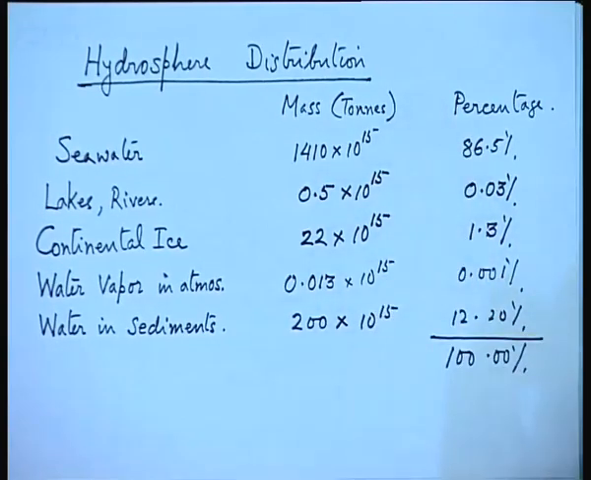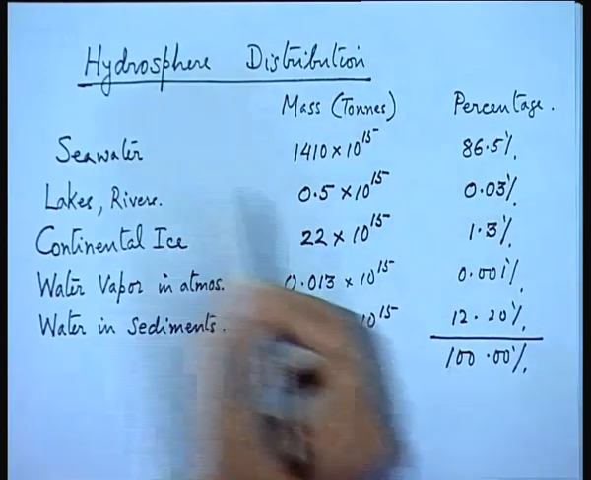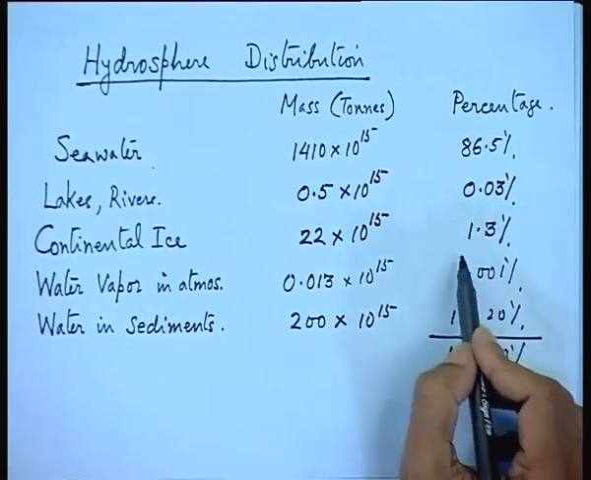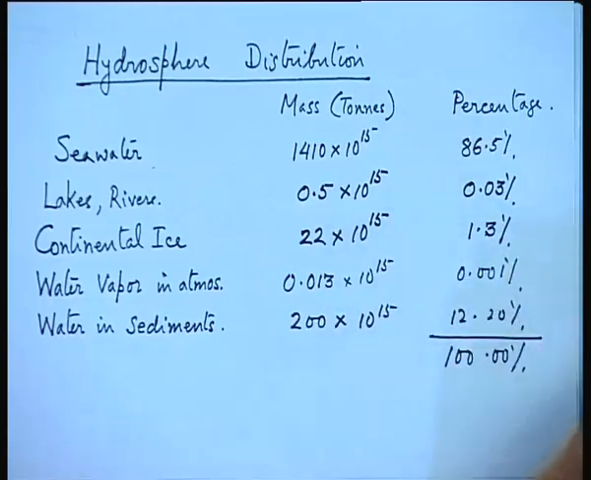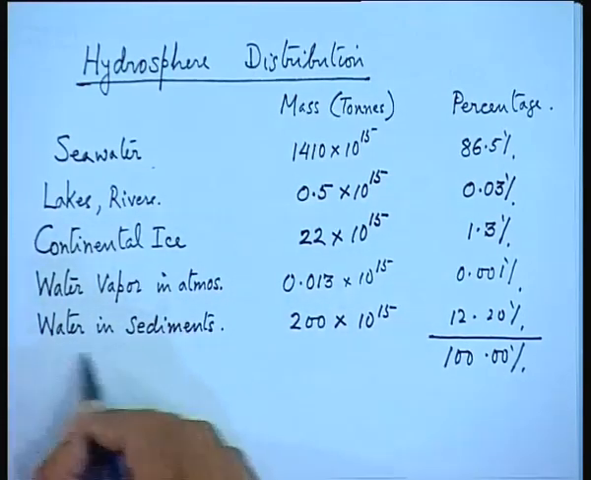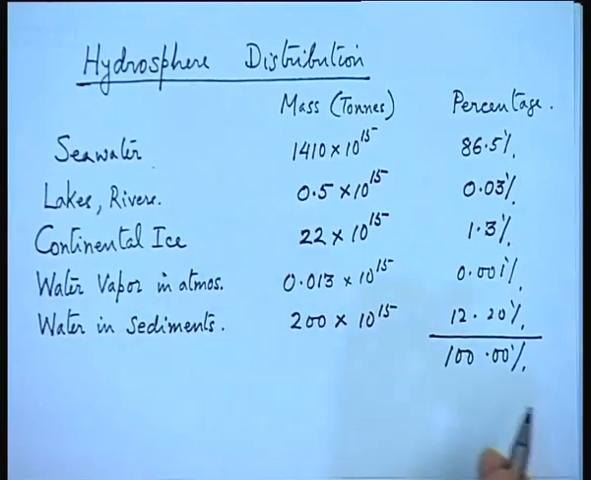So, from this chart one can see that the maximum amount of water is in the seas, of course, and then next is water in sediments. Continental ice is also substantial, 1.3%. Water in sediments is also very important for us, the ocean engineers, because if you want to have any foundation on the ocean itself, then one